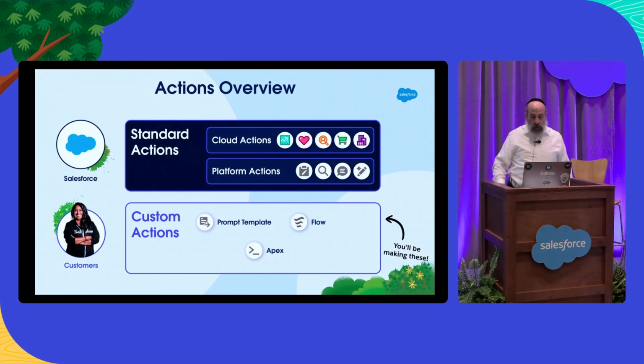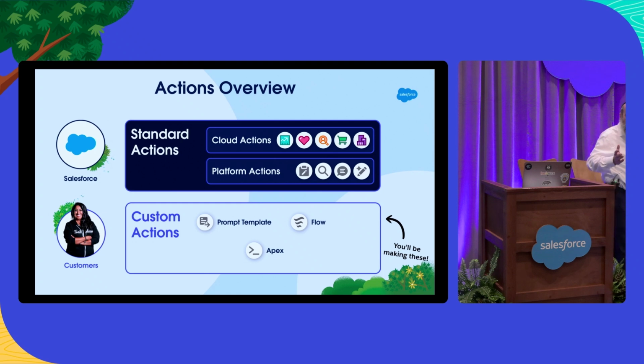Here you can see an example of the standard actions, where there are really two types. There are the platform actions, which you can consider really low-level types of actions, such as summarize a record or search for a record.